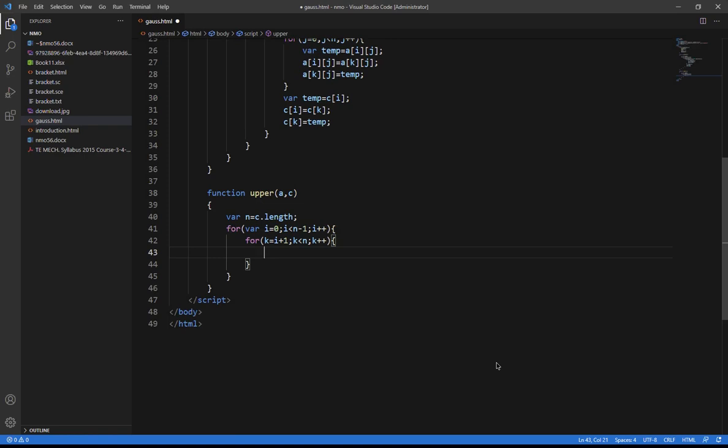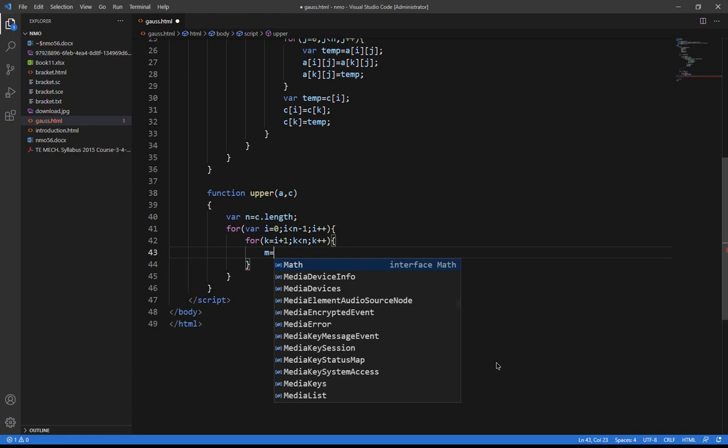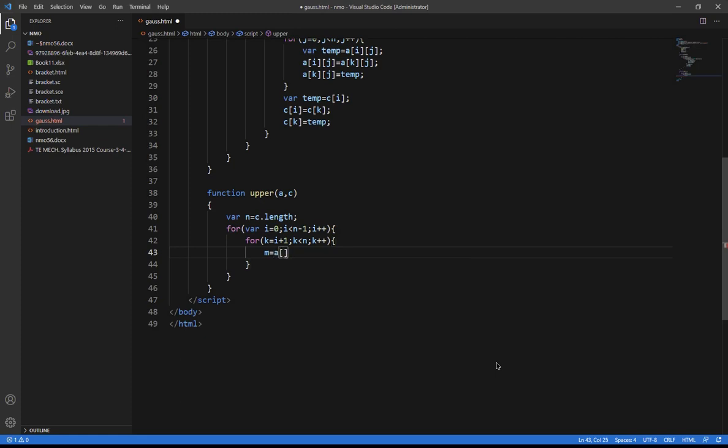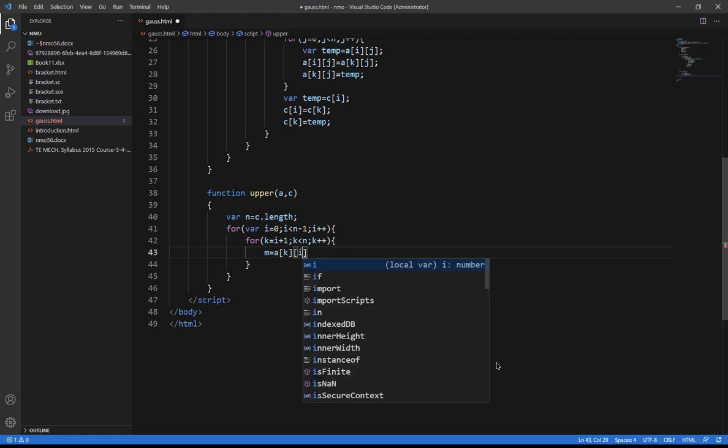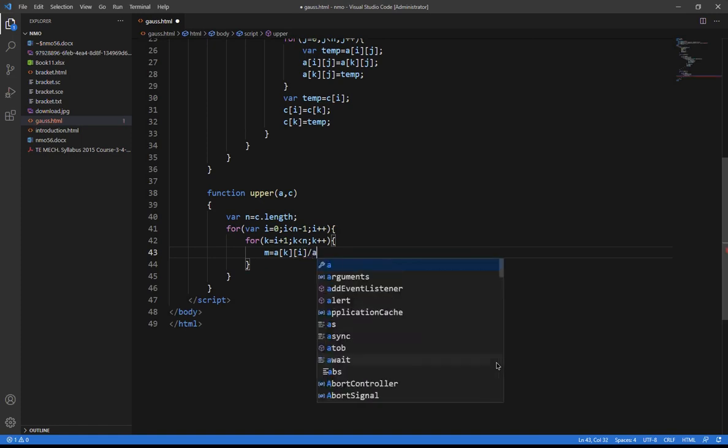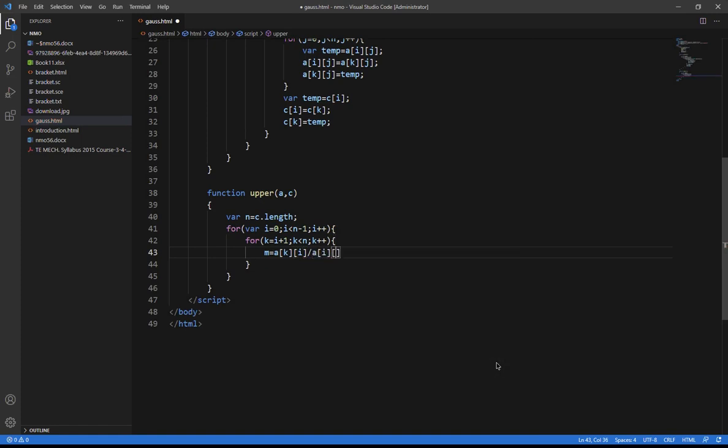I just cannot use I as a reference row and K as an operating row; I need to perform the operation on all the columns. So before that I need to find out m. How do I find out m? m is equal to A of KI divided by A of II. This is how I got the value of m.